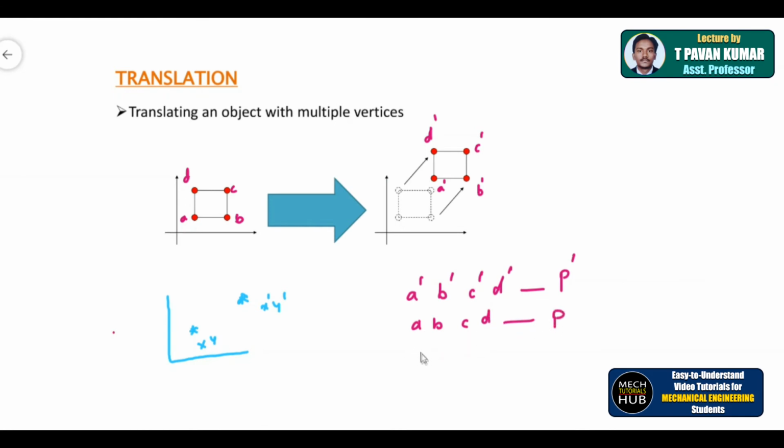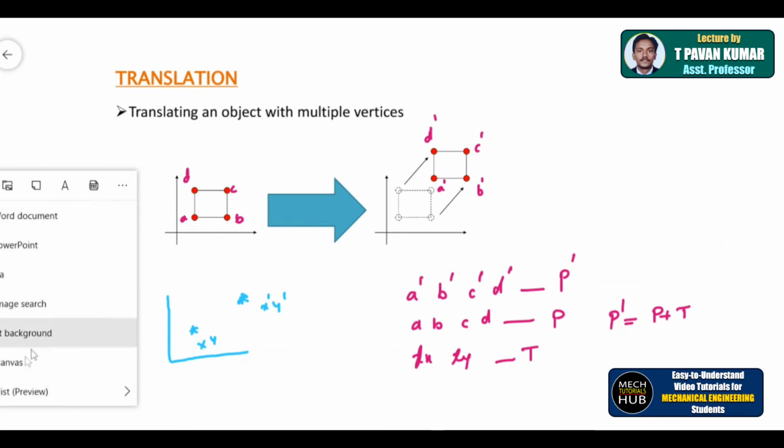And what is the translation matrix? What is Tx, Ty? The translation matrix, that is important. So if you are very good at all these things, you can simply remember this equation in case of simple translation. Now this old position will get disabled completely, and this will get enabled, which got repositioned. This is what it means.